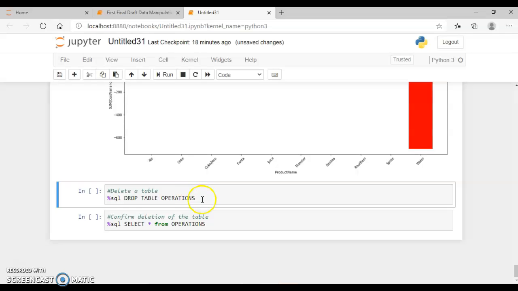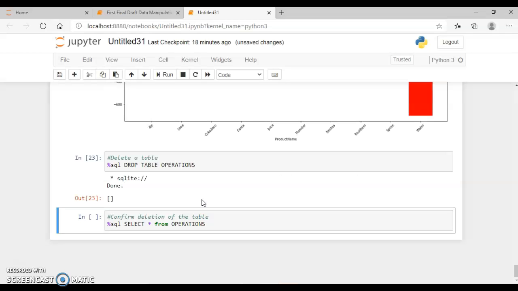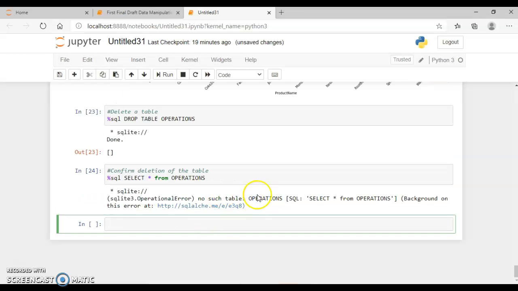Lastly, we can delete a table by using the drop function, like this, and we can come to confirm the deletion by doing this. This ends